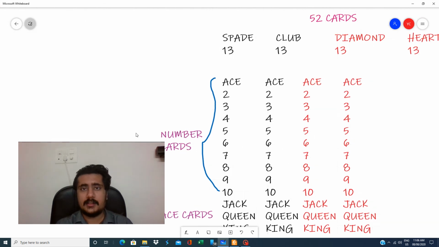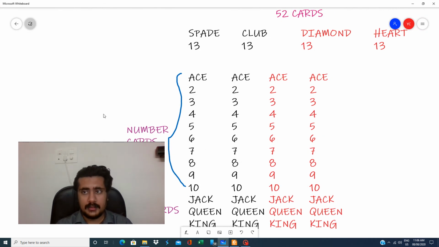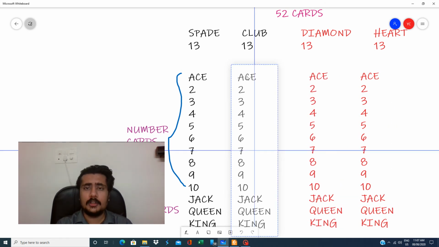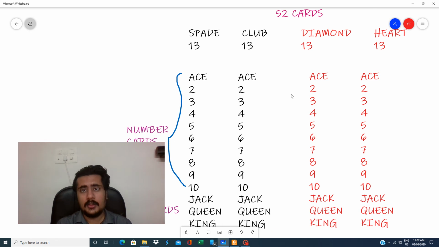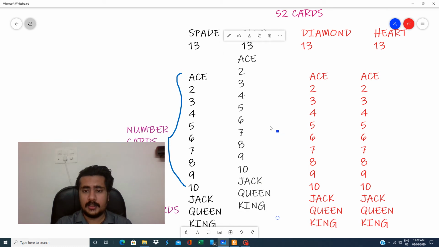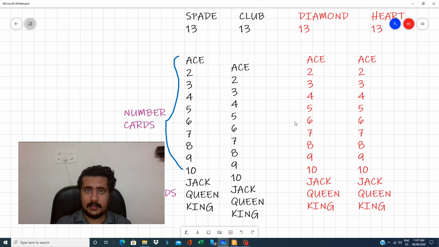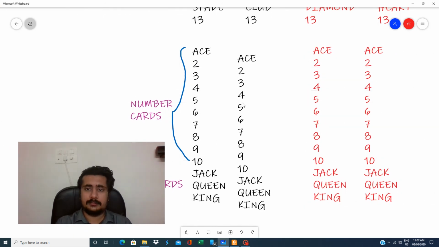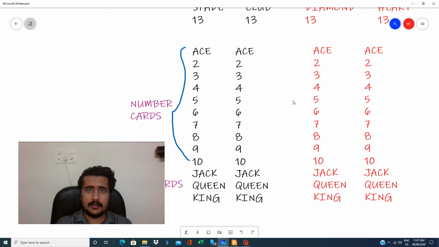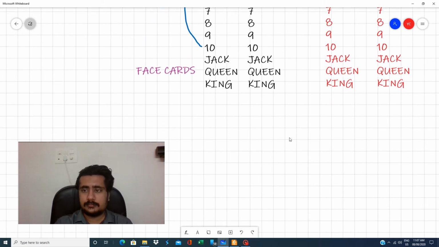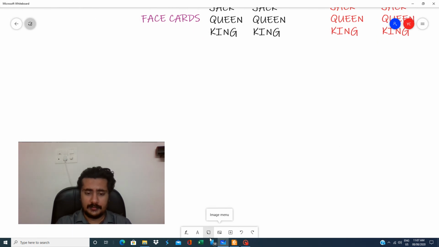These four patterns are known as four suits: spade, club, diamond, and heart. And as I told you, the 26 cards are black in color and 26 cards are red in color. So this is the description, and you have to remember the names in this format. These are the names which will be given in the text. You might be knowing them with the names of some local languages. So this was the brief.